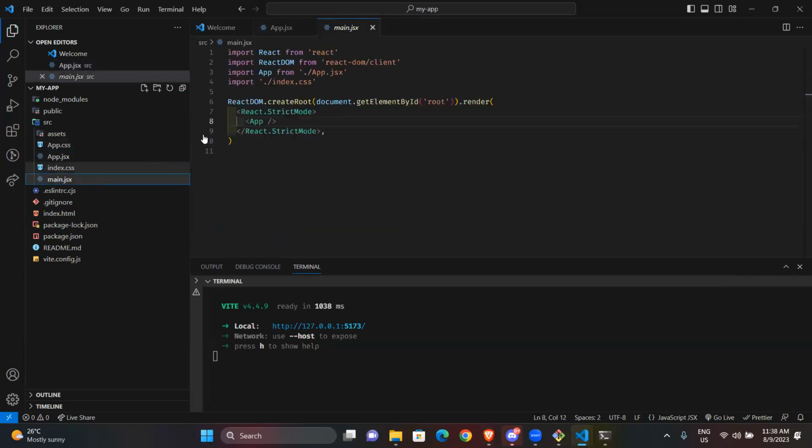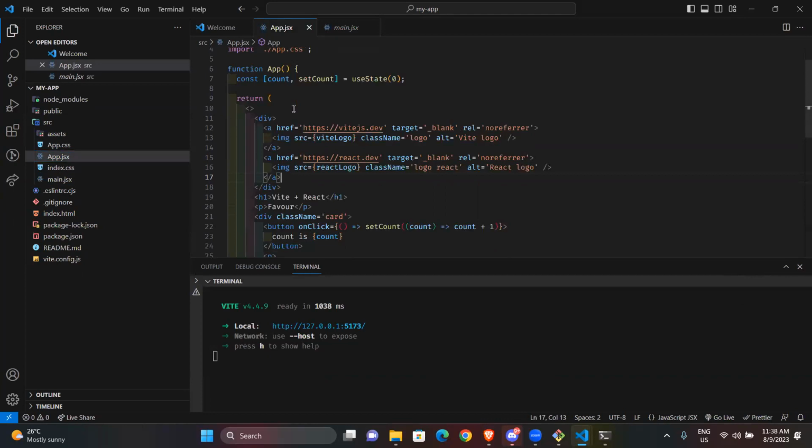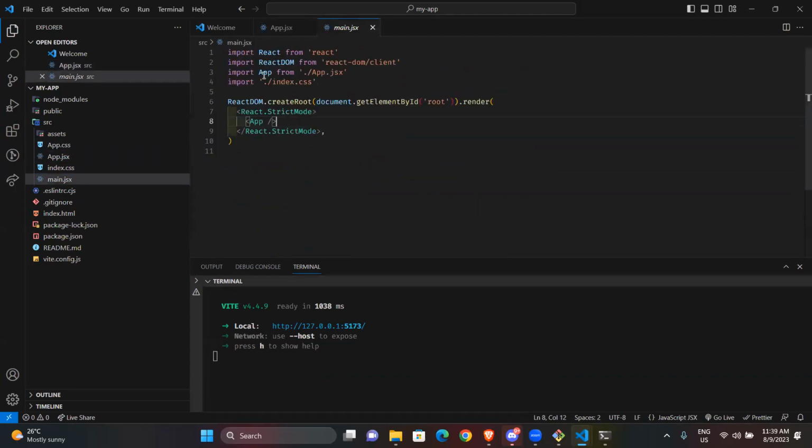Now you need to display it. So you have function app, and then you're exporting it. You come here, you're importing it from here. The way React works is that it creates the DOM and then injects it inside this root. Everything that you're displaying has to pass through this app and show up.